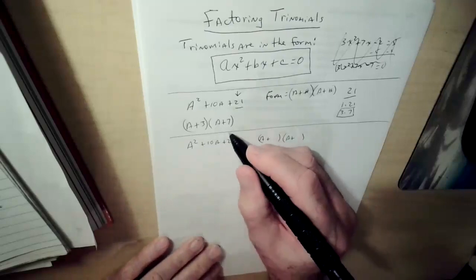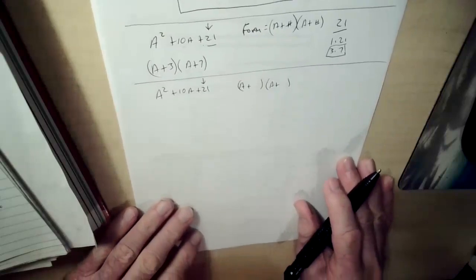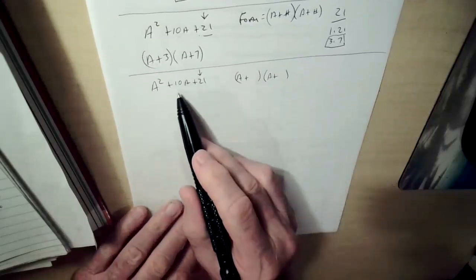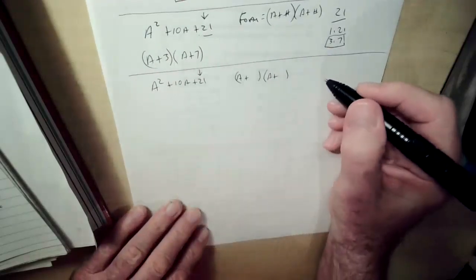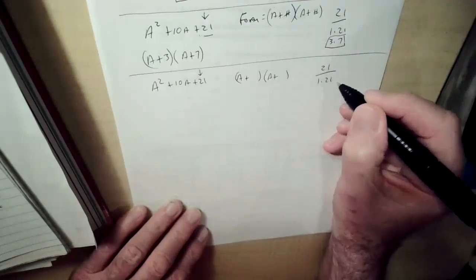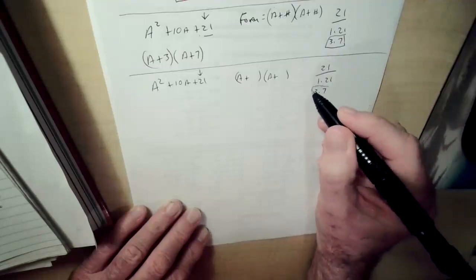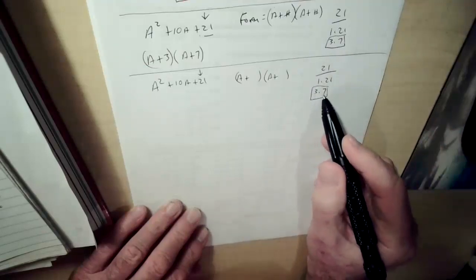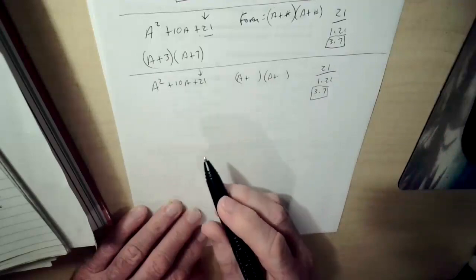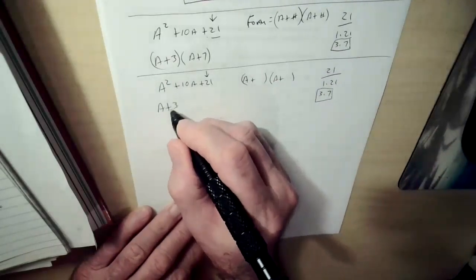Now we want to take the factors of 21, the factors of 21 that add up to 10. So we have 1 times 21, 3 times 7, that's it there. 3 plus 7 is 10. So this is what we're going to end up with: a plus 3,